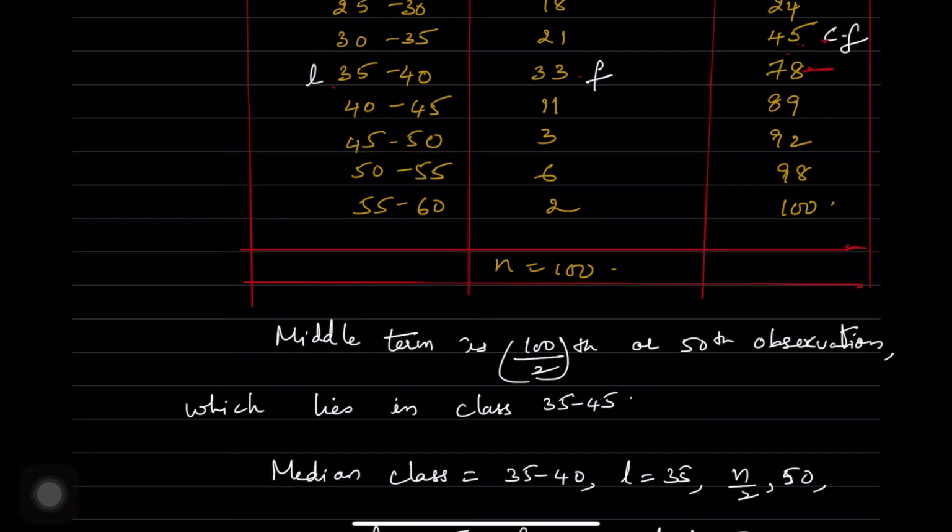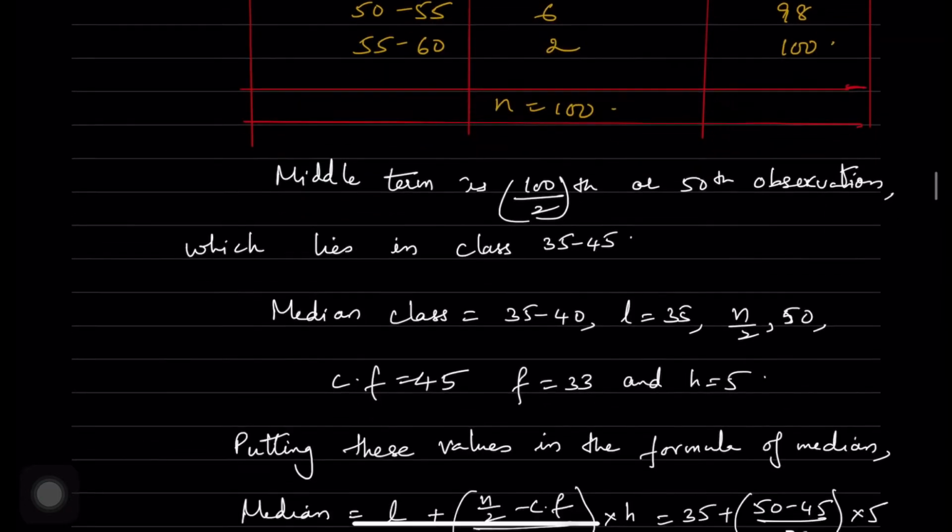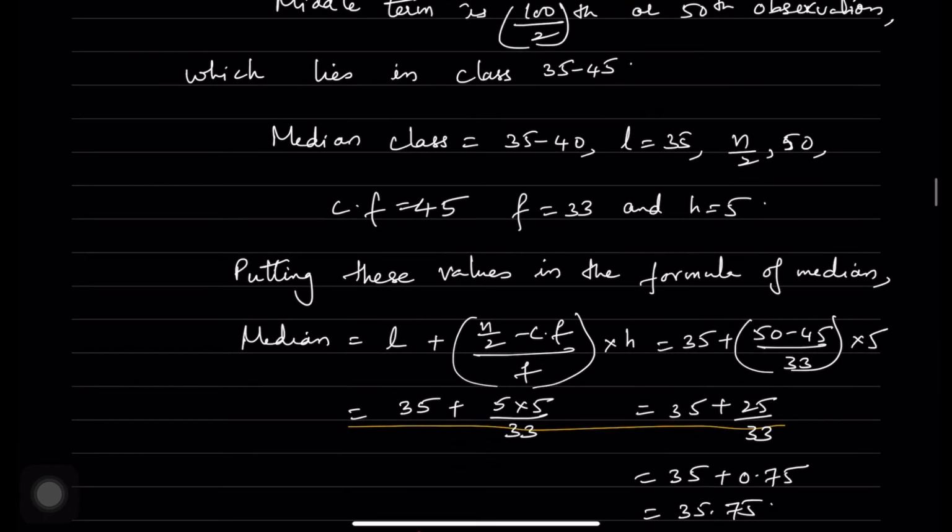So we have taken it as 25 plus x over there. Here we are taking 78, just a value which is just greater than 50 in all these cumulative frequencies. We are not taking 89. We are not taking 92. We are taking just a value above 50. That is, 45 is not above 50. What is above 50? 78. So we are going to write down all the values.